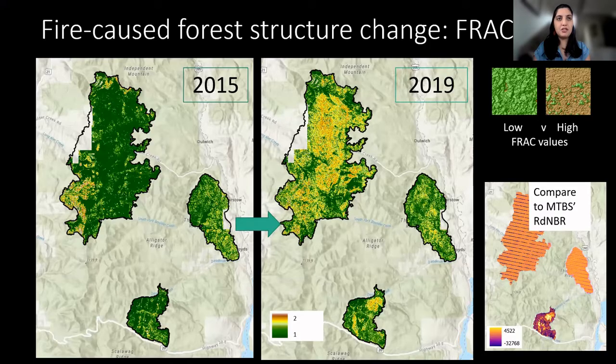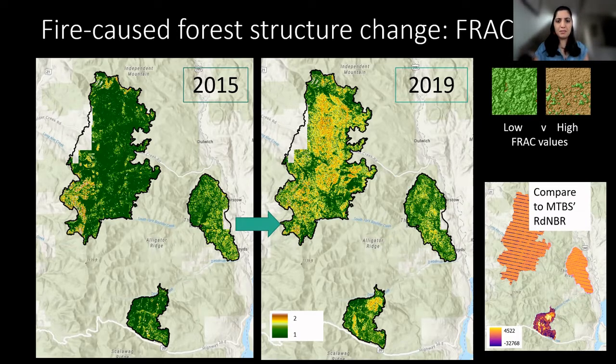So here is a really nice map showing exactly what I was talking about. On the left, we've got the 2015 frac. So just right after the fire, you can see that most of these areas have pretty high canopy cover. And then as you transition to looking at the area 4 years after the fire, you can see where the fire broke up the canopy. And this big, oh, you can't see my mouse, but that big yellow swath is basically where the fire was acting in the most high severity, and that's where the highest frac values are. And just a reminder, a low frac is that green square, and a high frac is that more broken up square.